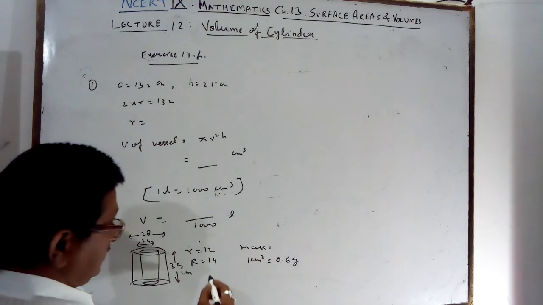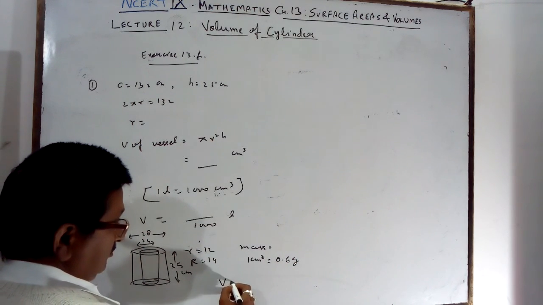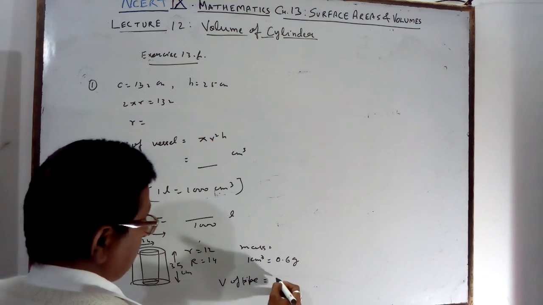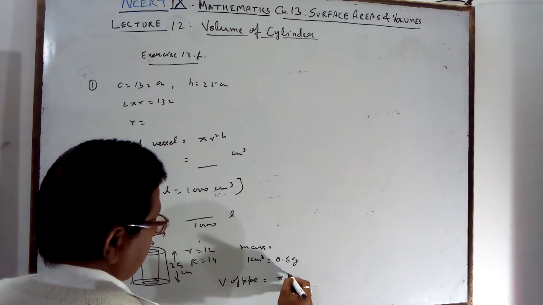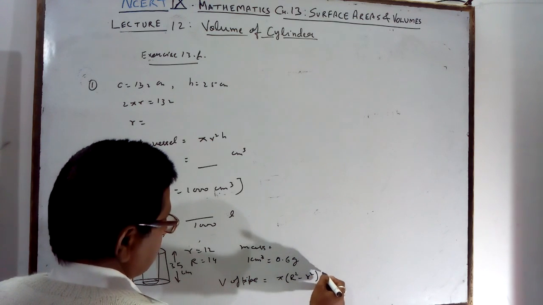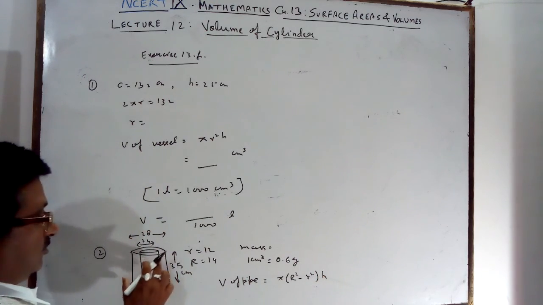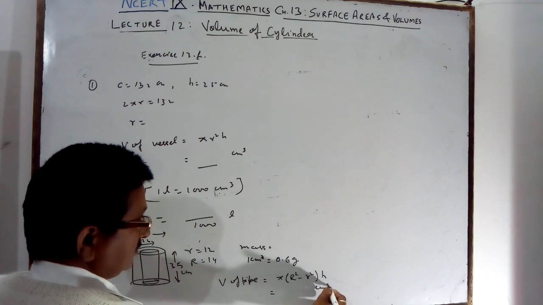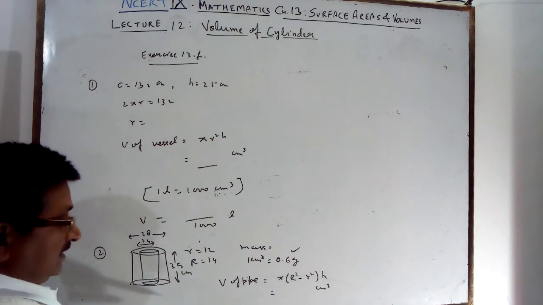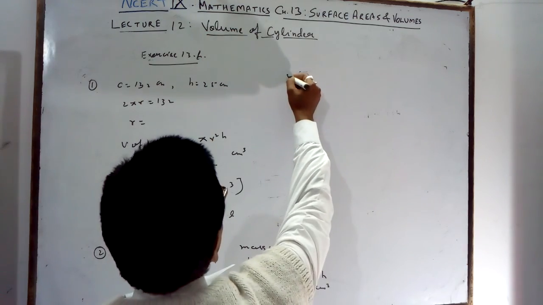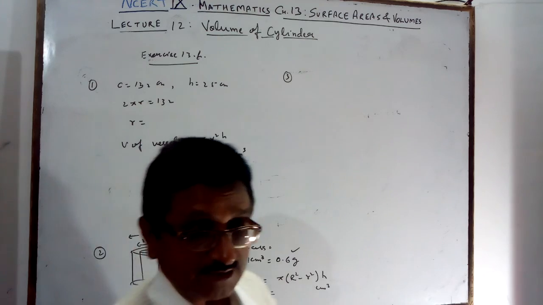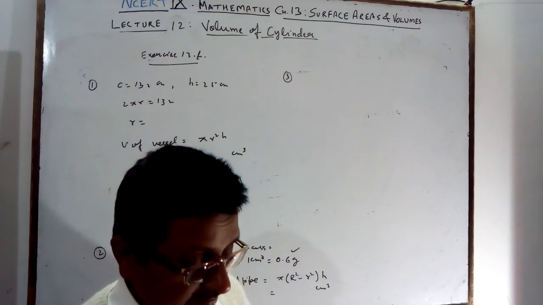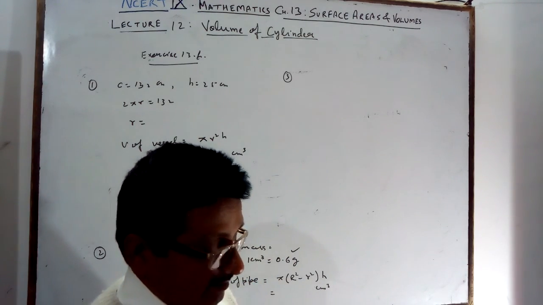So first of all you find out the volume of the pipe. Volume of the pipe is pi into capital R square minus small r square, into h. Outer volume minus inner volume, because it is hollow, so you will get this in centimeter cube. Then multiply by 0.6, you will get the mass, but this mass will be in gram. You divide by 1000, you can get it in kilogram.